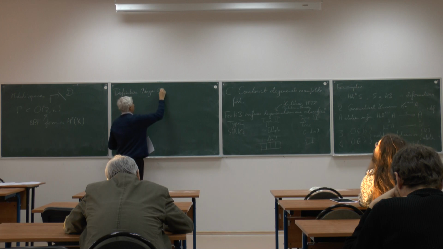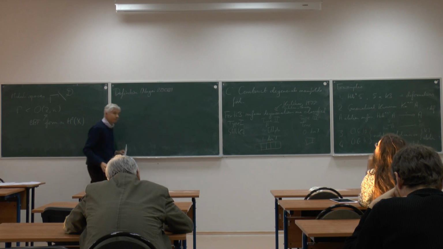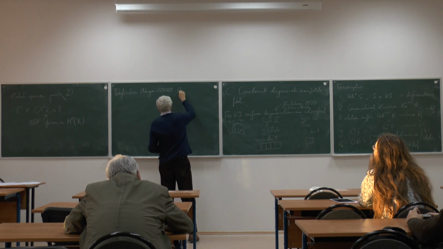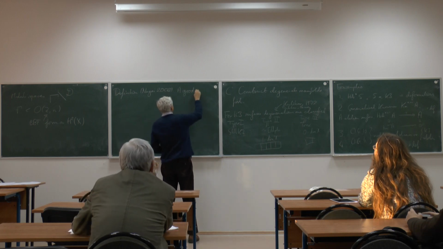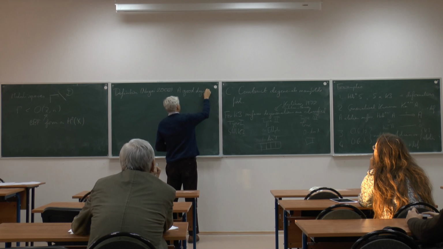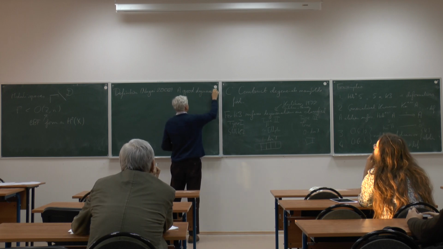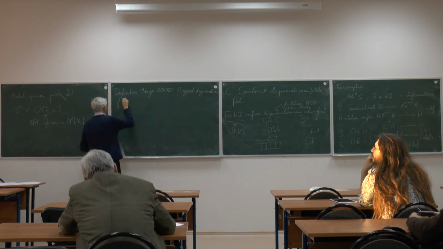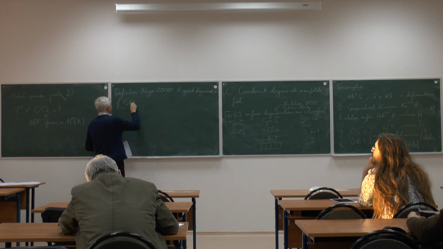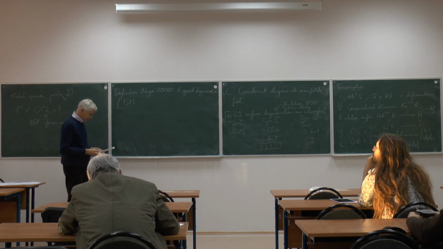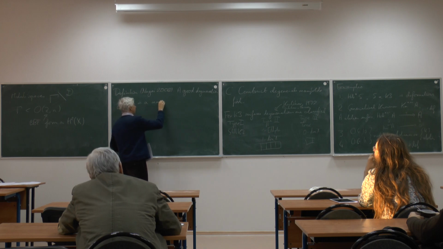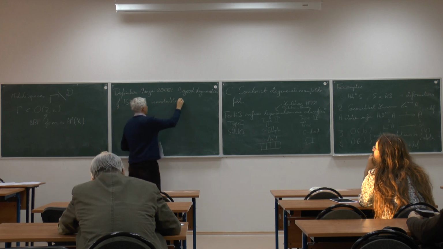Nagai, 2008. So this is the definition of a good degeneration. And he's rather tentative about it, since he isn't sure whether it's the right thing. A good degeneration of an irreducible symplectic manifold is a semi-stable family